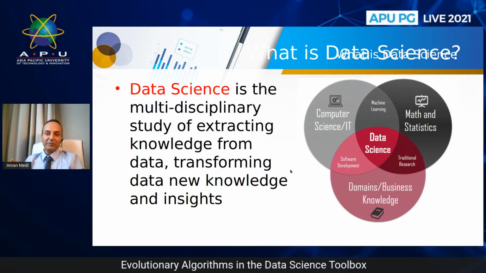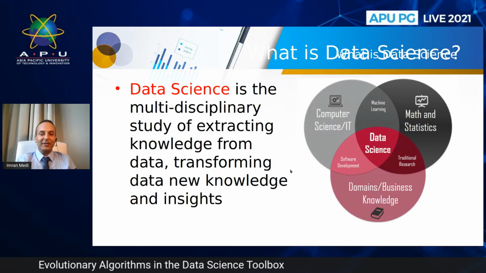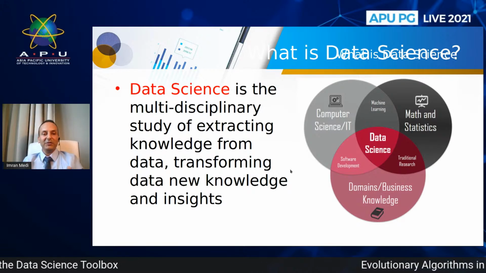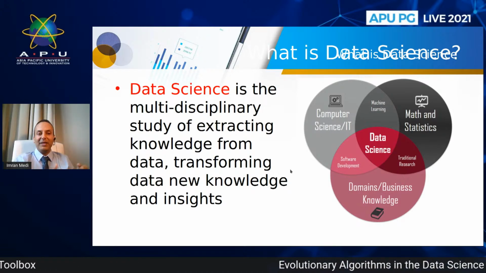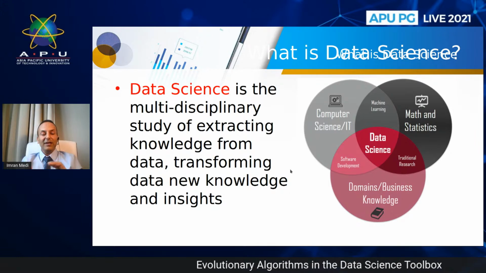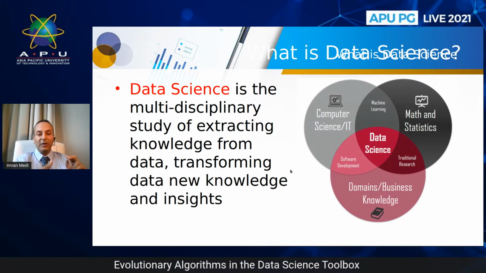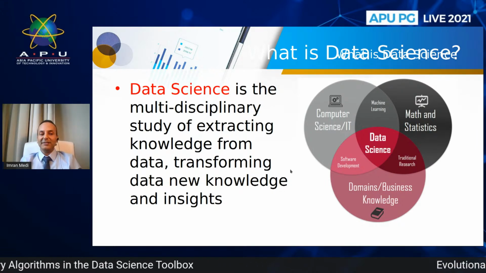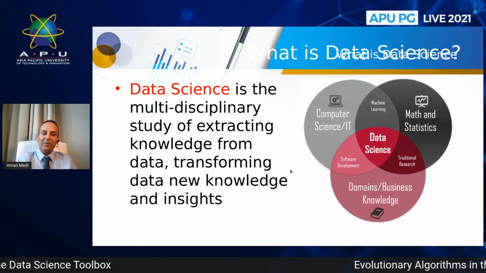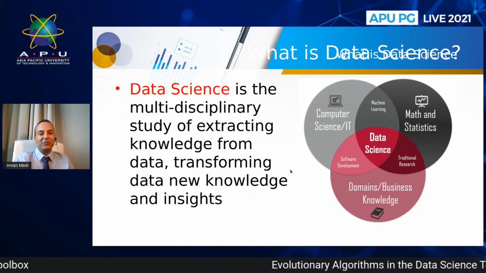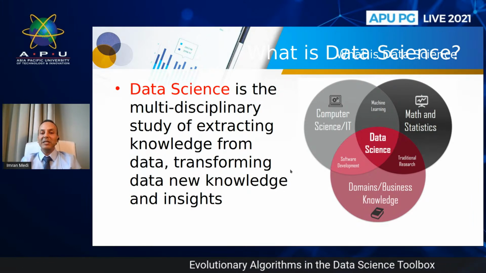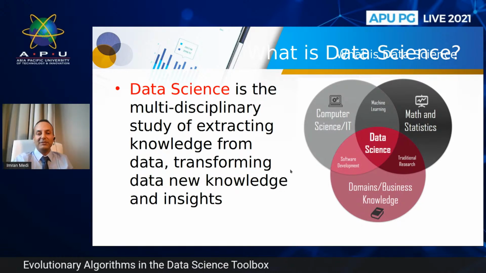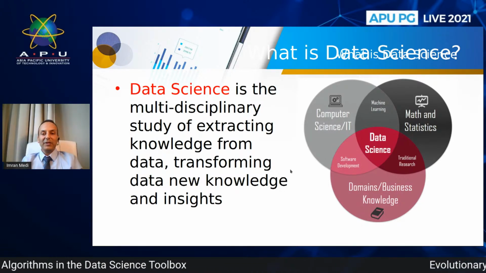Let's define data science. So I'm sure you've all heard of data science. Data science sits at the intersection between three disciplines: mathematics and statistics, business, and computer science. And basically, there are a number of different definitions, but we can simply think of data science as a way of handling and manipulating data so as to gain new insights and new knowledge. So be able to make the unknown known through that